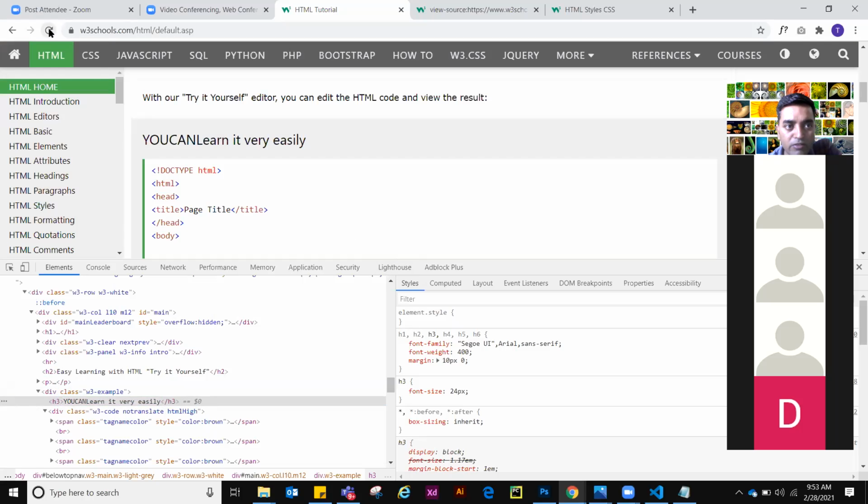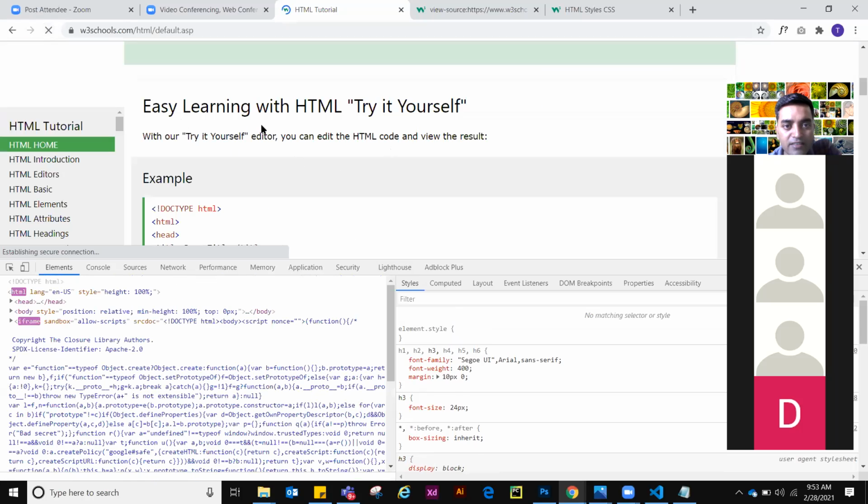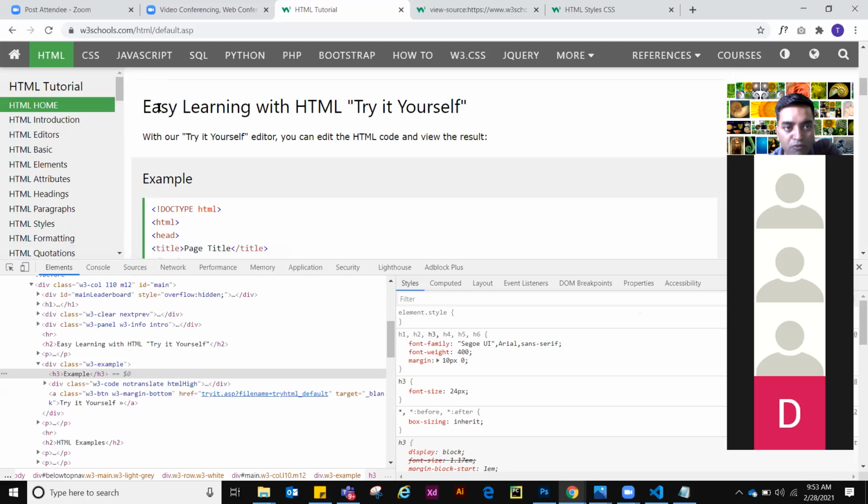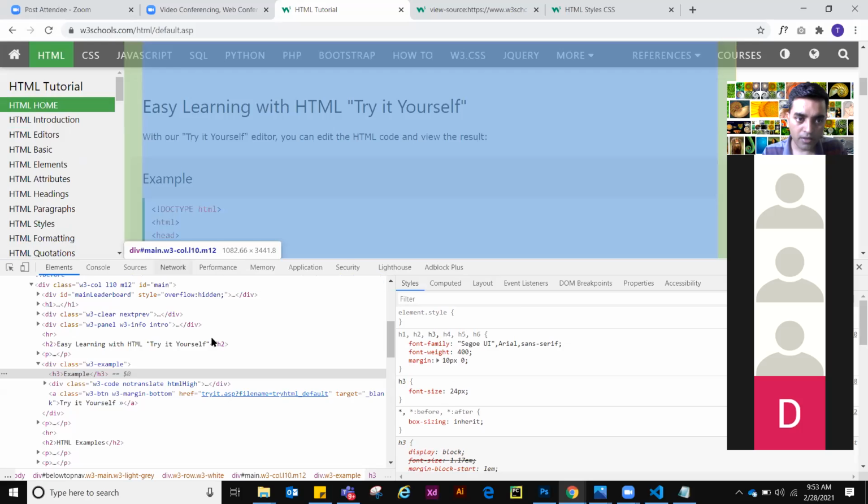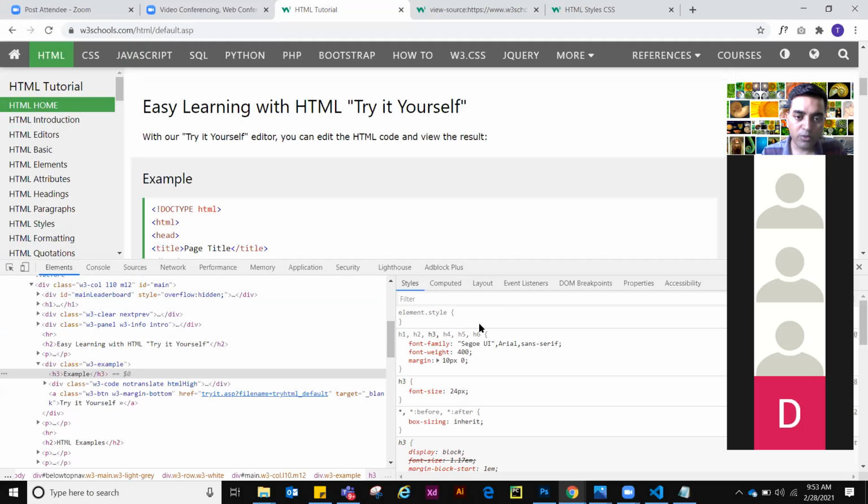But when you refresh, the request goes to the server and it brings the actual code, not what I have written inside the session, or inside this DOM, which is called the document object model. Don't go into these complex jargons. So when you inspect, you can change it, but it will not stay there. When you refresh, it will just change back. Understood? Is the concept clear?